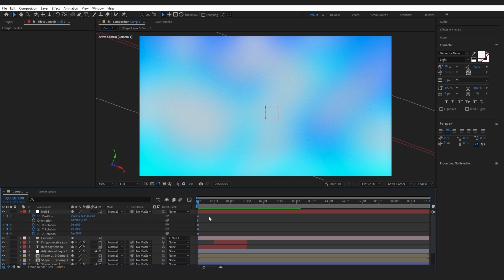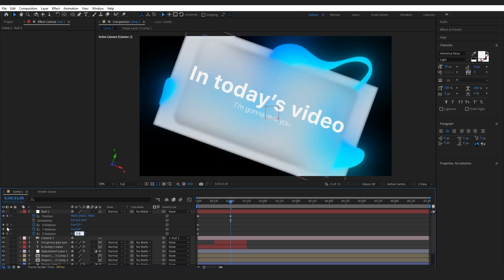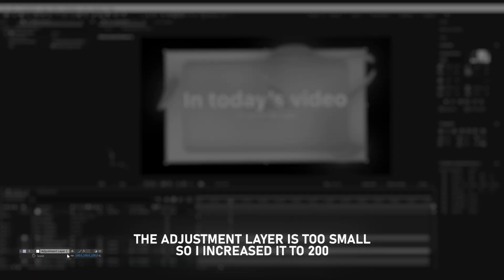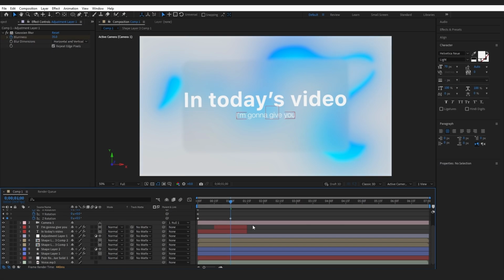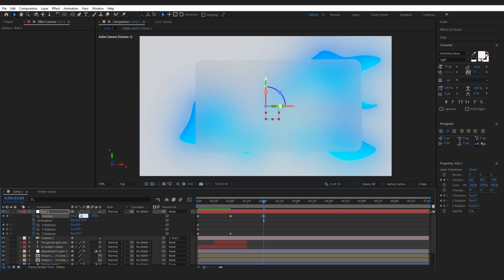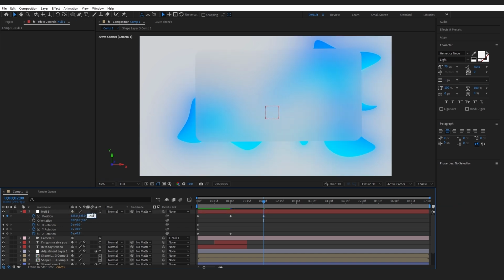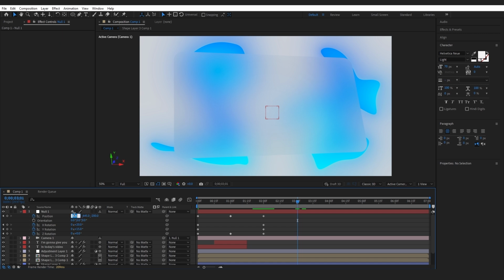At the first second, I'll change these values to minus 700, and 0.5. At the second two, I want to zoom the camera in, so I'll set position values to 835, 645, minus 200, and XY rotation to 20 and 15. At frame 91, I'll reset the values to default,